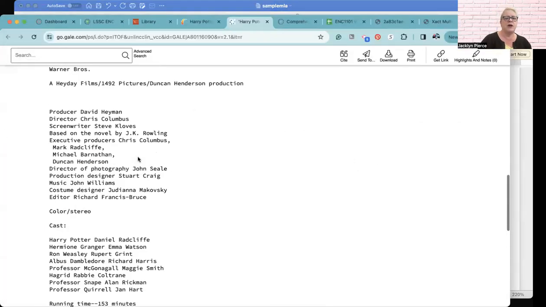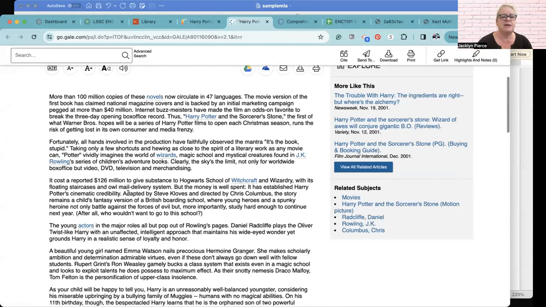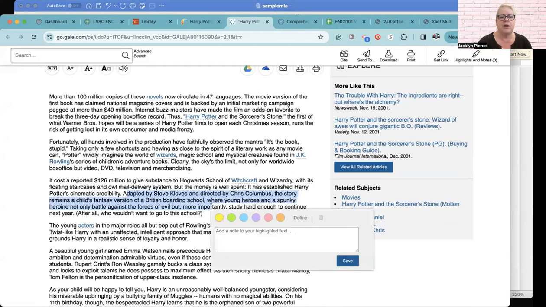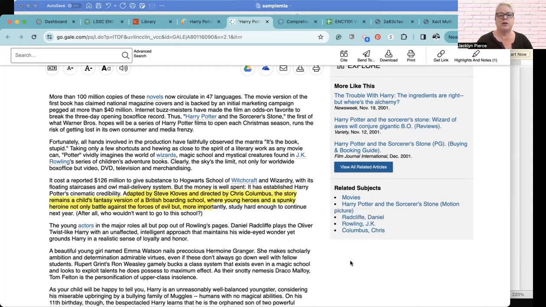So if we go back over here and I'm taking information, let's say I'm taking information from this third paragraph. When I cite that in the paper, this is what it's going to look like. Honeycutt, PAR period 3. And I'm just going to put it here so that you can see what it looks like. We're not going to actually add it in the document, but if you are going to use paragraph numbers, you just put PAR before it. Okay, so that's what that's going to look like when I cite it in the document.